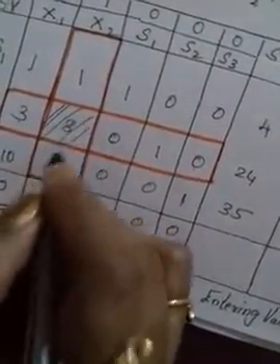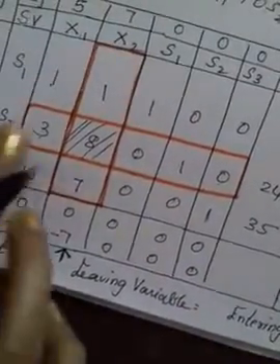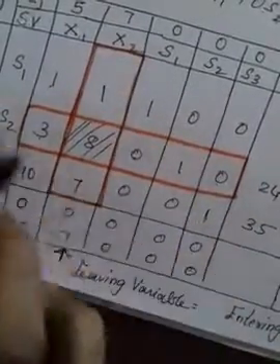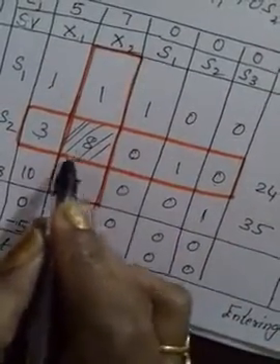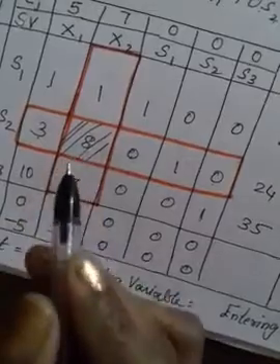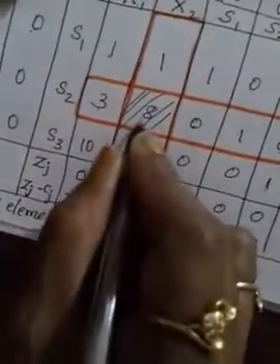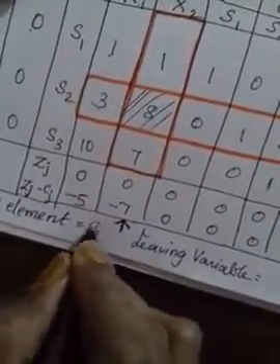Now, where we are getting the crossed number, which one is here? We got 8. See, now we got one row and one column where the column and row are merging together. That number you have to take. This number is called the key element. Write down here key element, and what number did we get? 8. So write down 8 here.